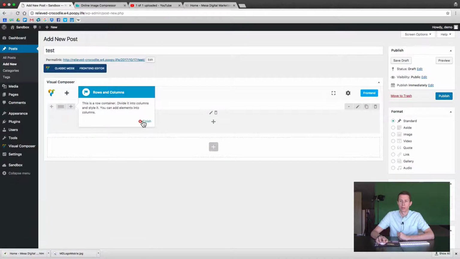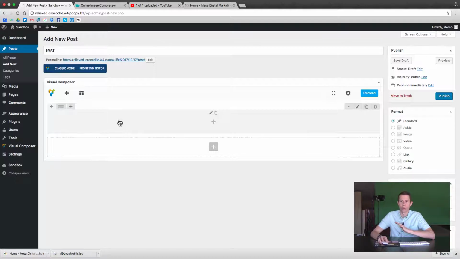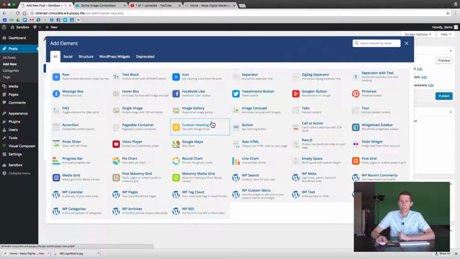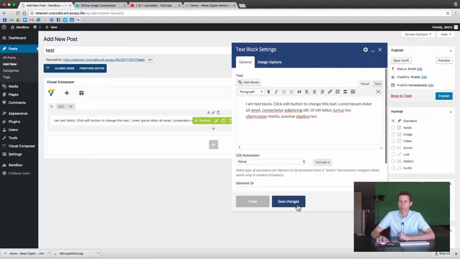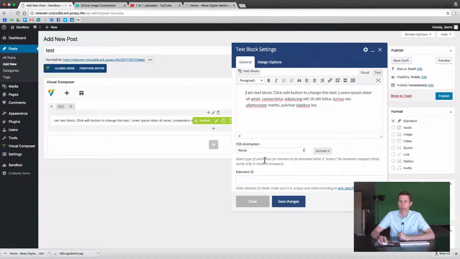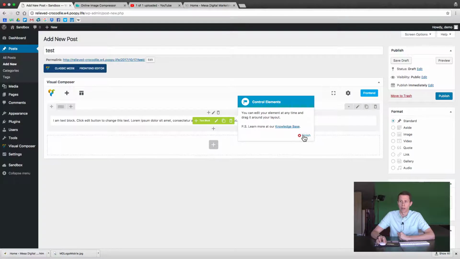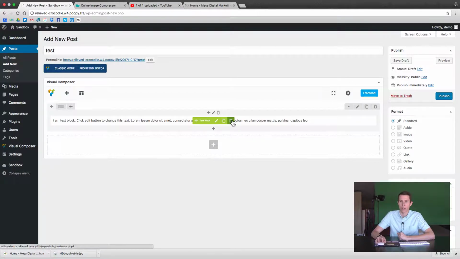And one thing to keep in mind, a lot of times in Visual Composer, having a row inside of a row helps give you more options. Sometimes it makes it worse. But in this case, we'll just use one row, and we'll click Add in the middle. We'll add a text box. And then it comes in with some dummy text, and there's options to add animation to just the text, but we'll just hit Save Changes now